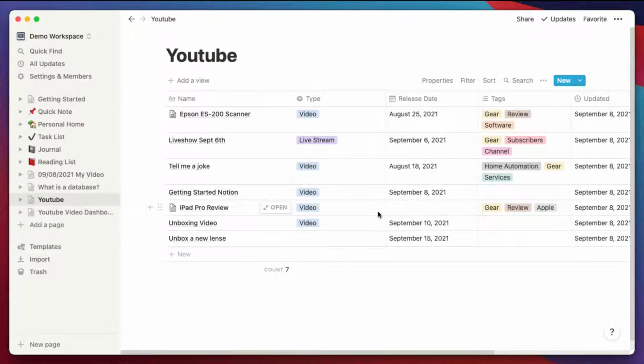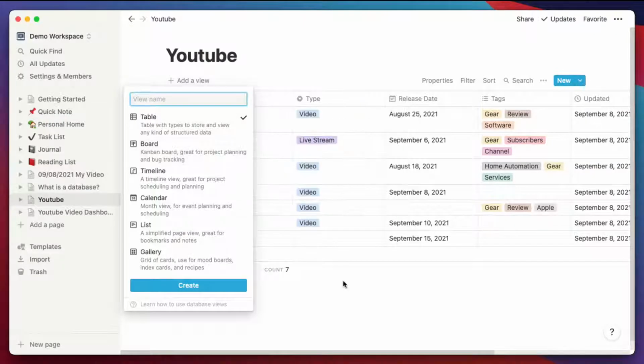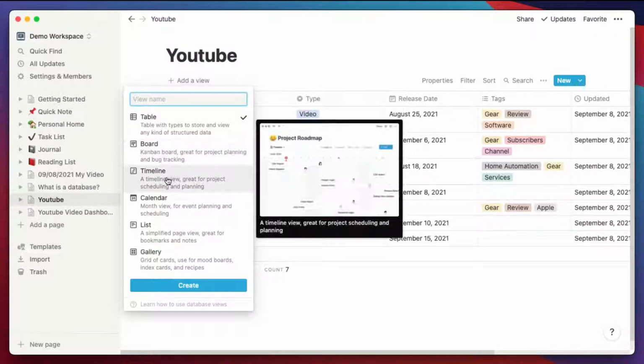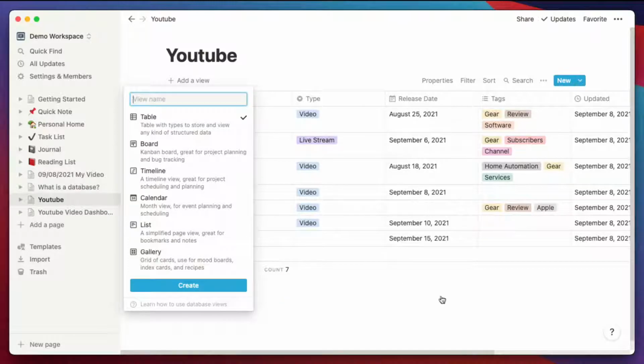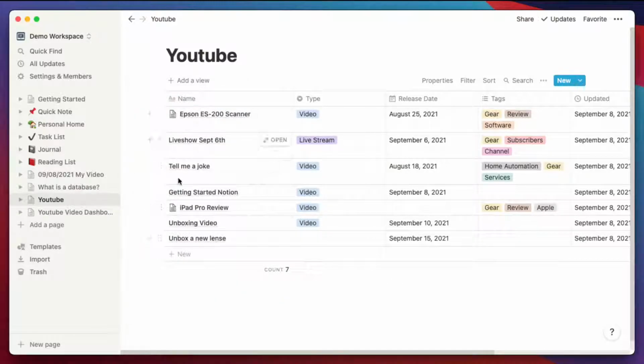Now it is a database by definition, but Notion really simplifies it into a table. There are actually six different views that we learned last week that you can do: boards, timeline, calendar, list, gallery, and these are all the same data.